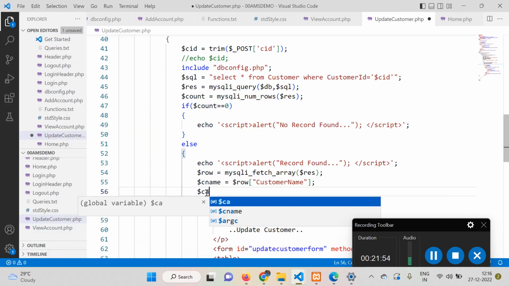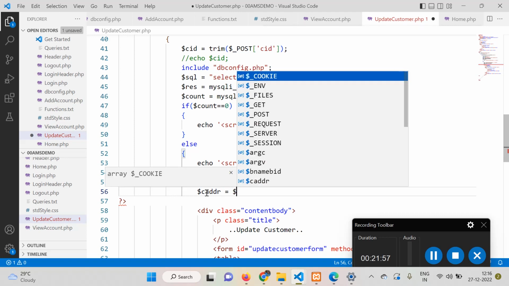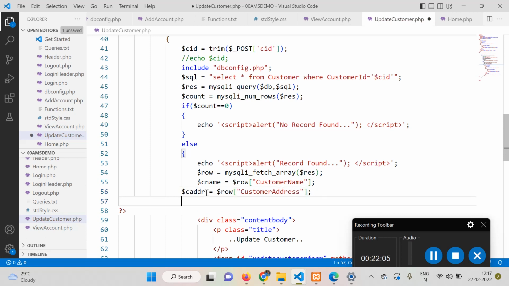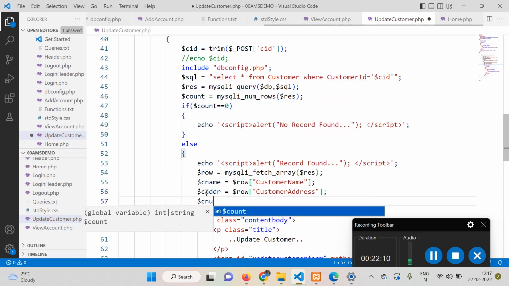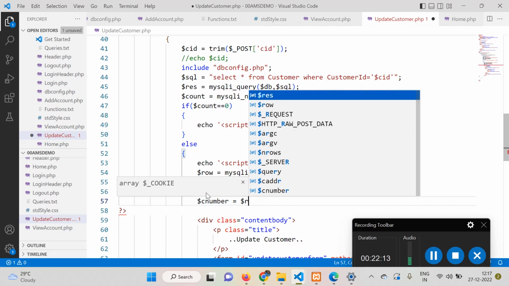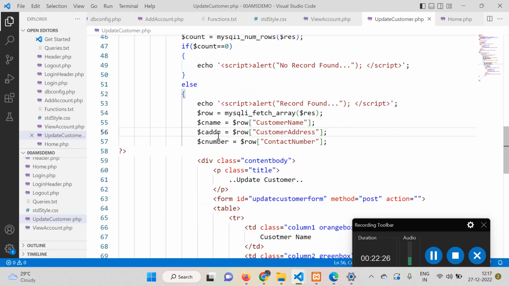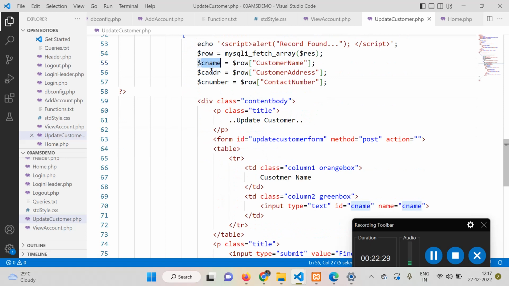Okay, C address, address, dollar C number, dollar row, or contact number. So that these things will be received. Okay, that need to be what updated. So these values need to be stored, displayed on that